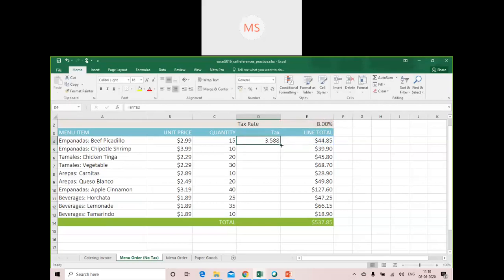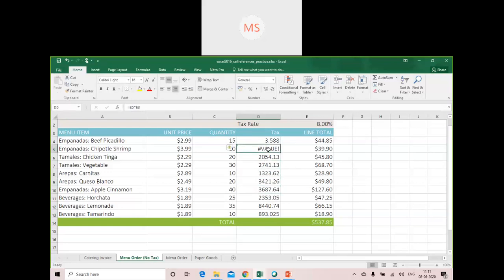The moment I do that, I can drag it and I can see the changes. So here the tax calculation is correct, but here it is not correct. Why? Because as you can see here, it is taking E5 is equal to E3 multiplied by E3. Then again here it is taking E4, E5, E6, E7, E8.